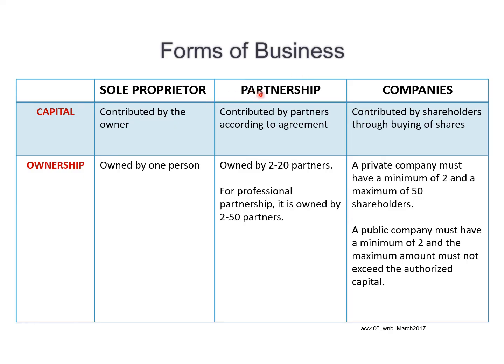Untuk tiga jenis perniagaan ni, kalau kita nak tengok daripada capital, ownership. Dan kita ada lagi few dekat the next slides. So, just like I said before, so proprietor ni adalah owner manager business. Maksudnya dia lah owner, dia lah yang manage business tu. So, in term of capital ataupun modal, dia adalah contributed by the owner. So, owner tu yang akan contribute modal kepada business tersebut.